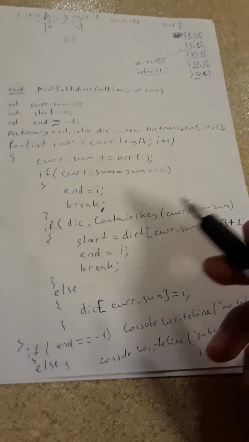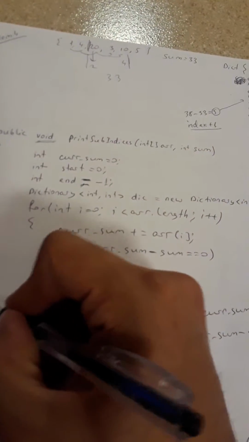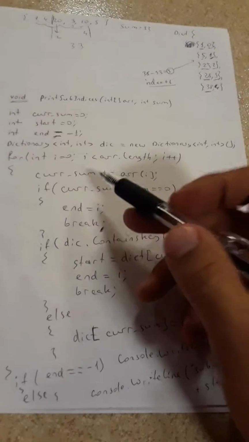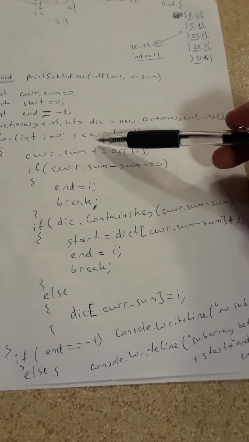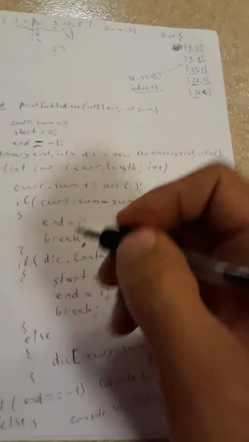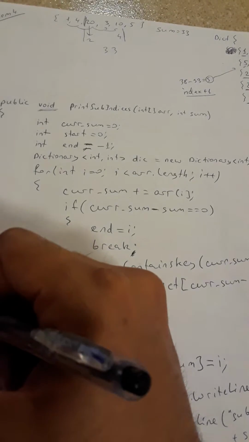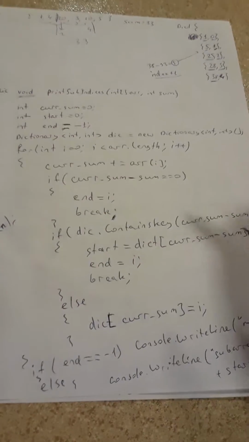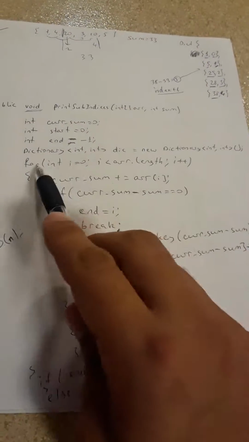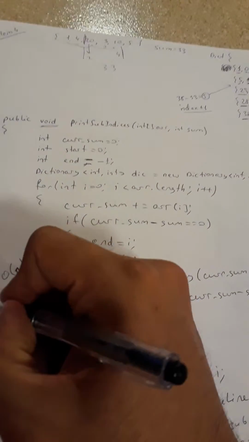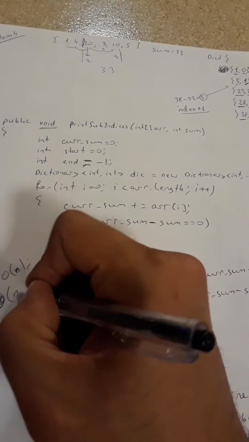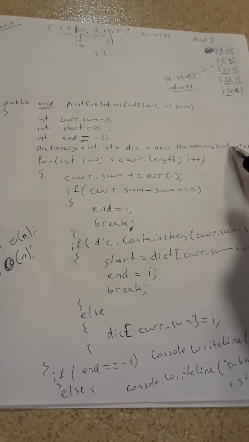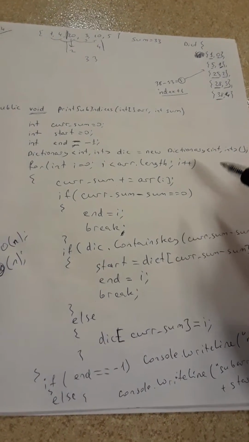So time complexity for this particular example will be order of n, because we're just running one for loop through the array, and number of operations will be in the number of elements in the array, and space complexity will be, in worst case, since we're using also a dictionary, it could be also order of n, because it could be using the number of space